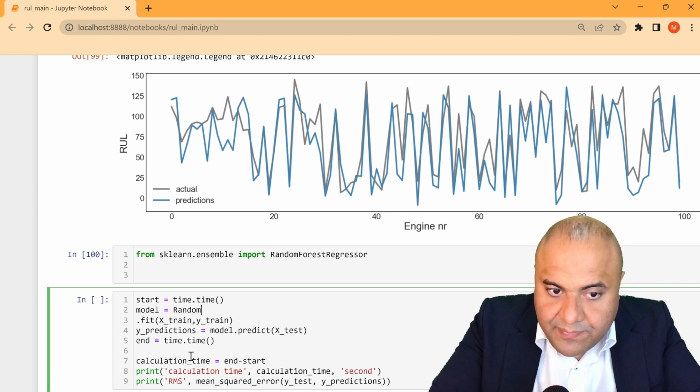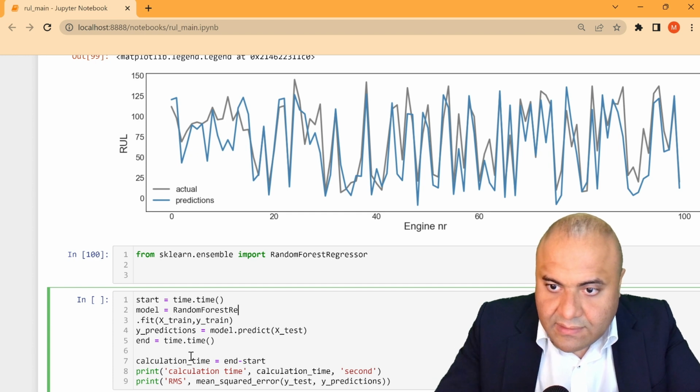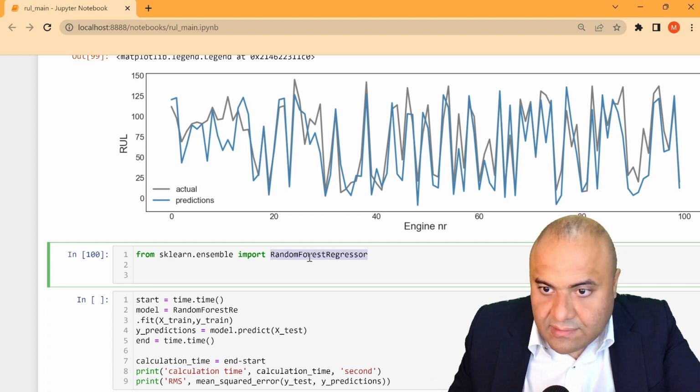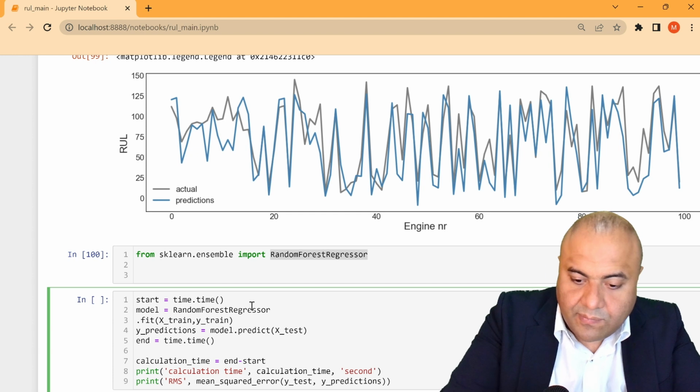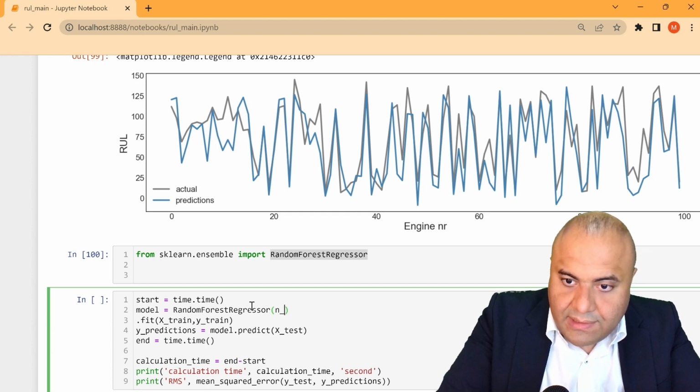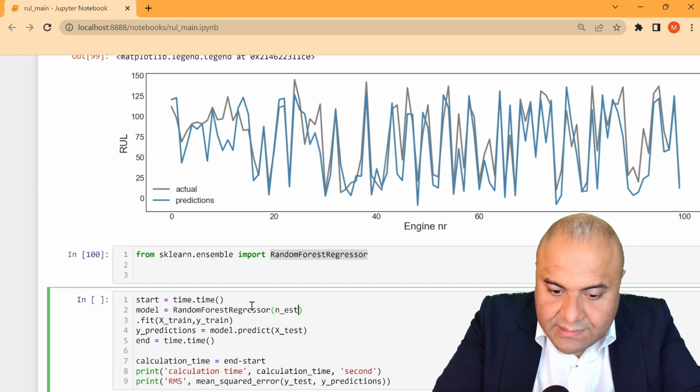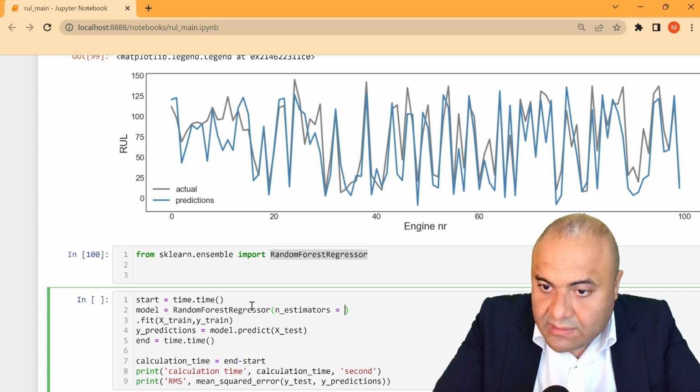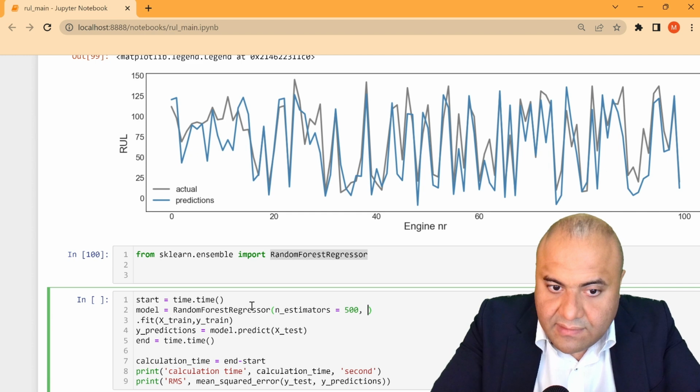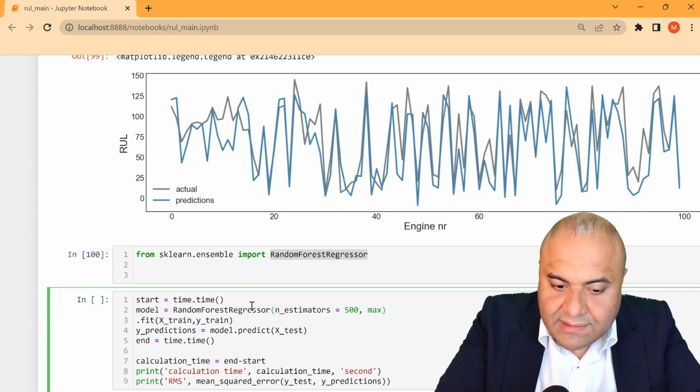RandomForestRegressor, just take it from here, with n_estimators equals 500,